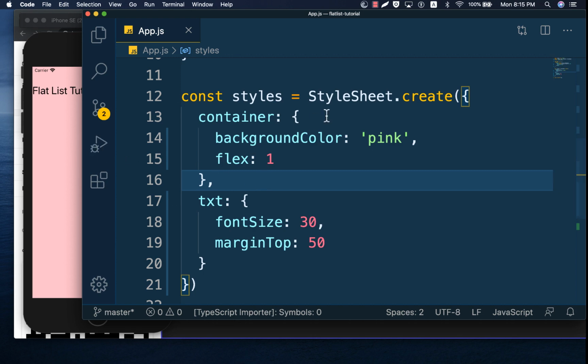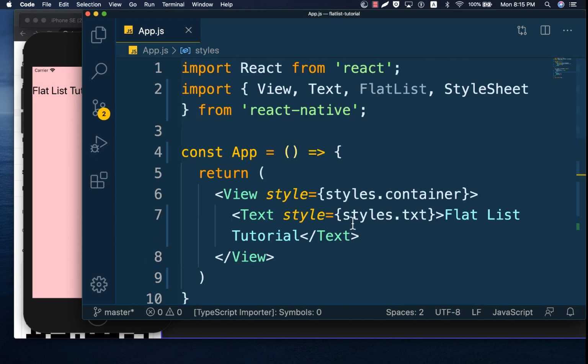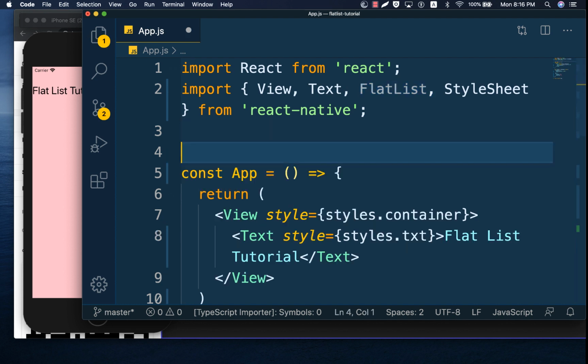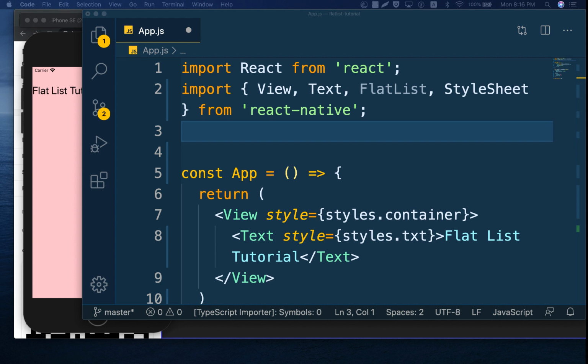So now let's see how we are going to use the FlatList. FlatList is a component. When you import it here, first FlatList needs data. Data to display should be an array of what data that we are going to display. So assuming we have this data that we are going to display,